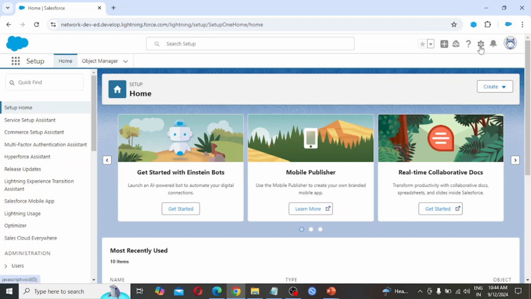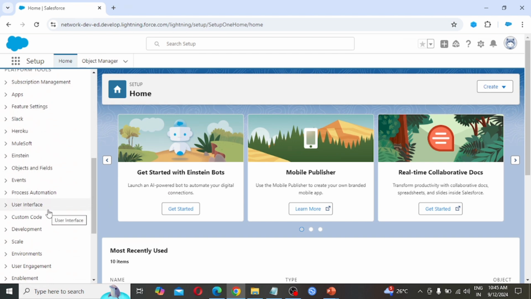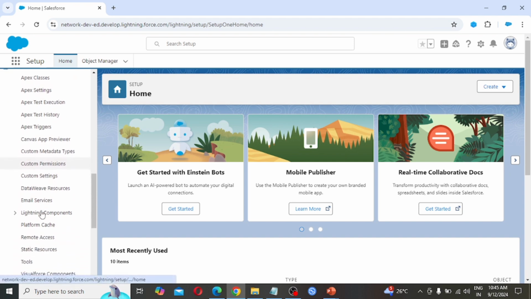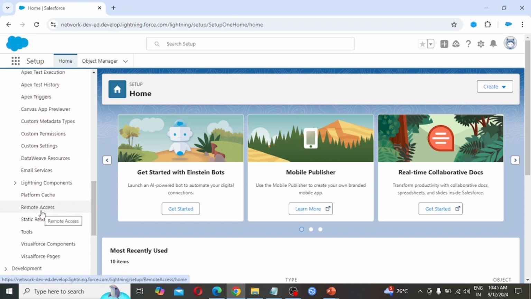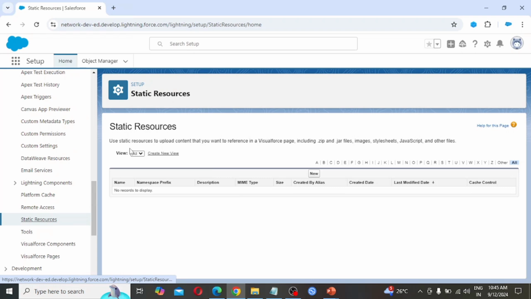For that we click on Setup, C for Custom Code, expand this, then click on Static Resources. Static resources let you upload content that you want to reference in a Visualforce page, including zip and jar files, images, style sheets, JavaScript and other files.